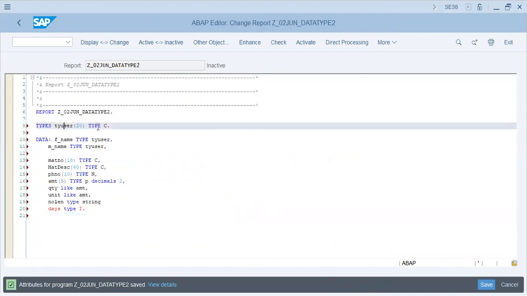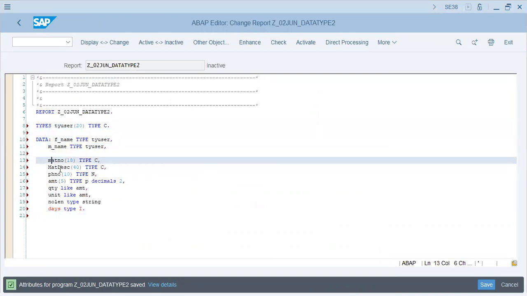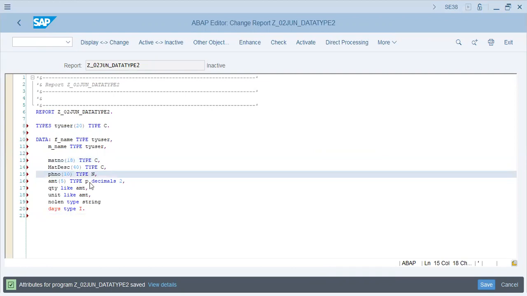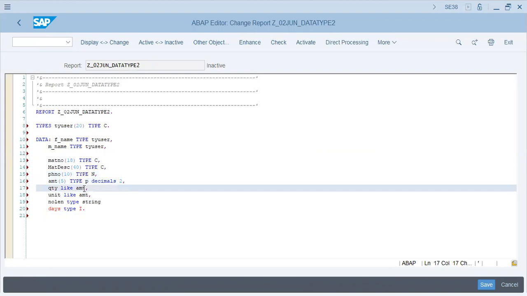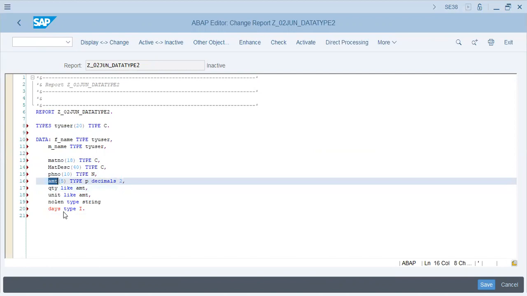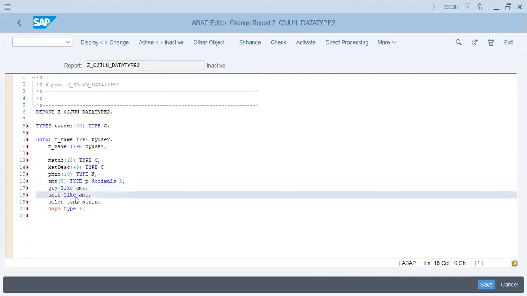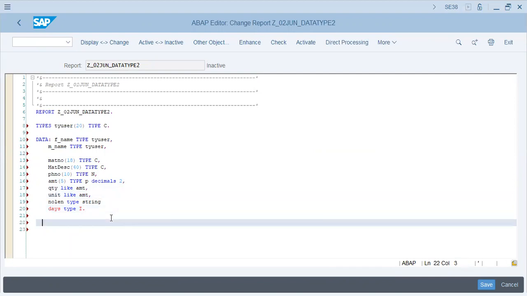Types TY user 20, type C, data F name, type TY user, M name, type TY user, MATNR, type C, middle description, type C, phone number, type N, amount, type P, decimals 2, quantity like amount, unit like amount, no length type string, days type I. Okay,